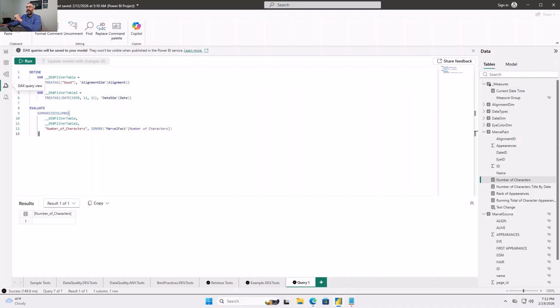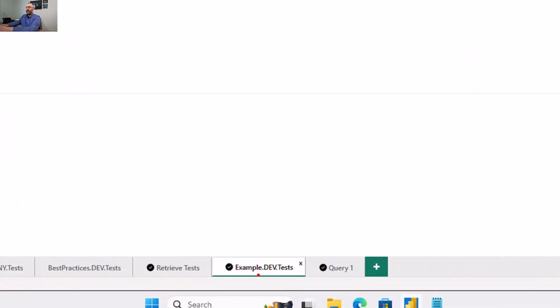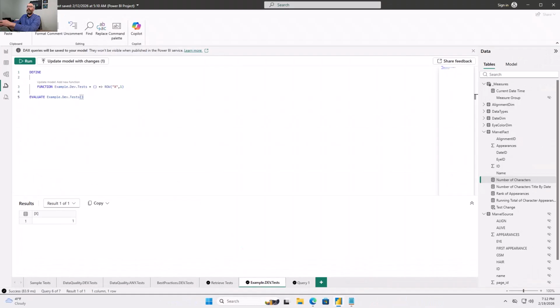Now, what I can do with that is copy this over to the template I have for building tests. Notice that in here, I've already called it that file name, and I've got example.dev.test because I'm doing it in the dev environment. Just so that we're clear, I'm going to make sure that we're sticking with some naming standards here. And now that I have this template, right now it's just outputting a table. I want to have it consistent using PQL.Assert. So what I'm going to do is get rid of this real quick, and paste in